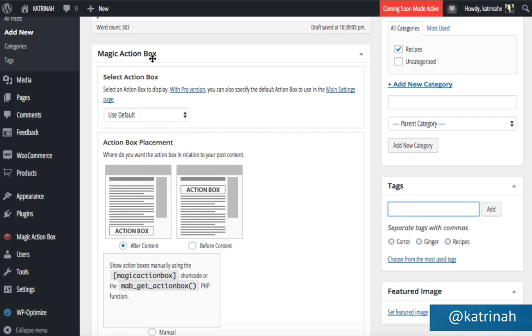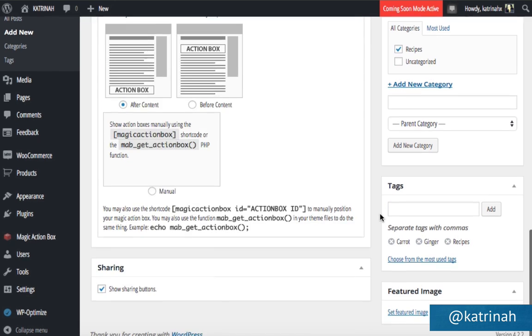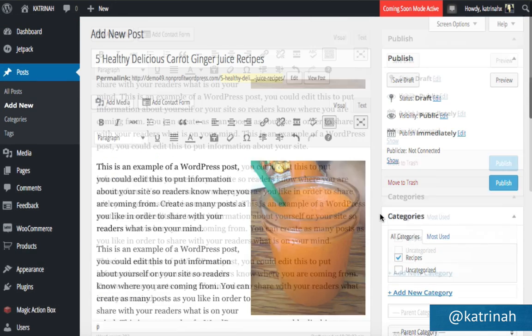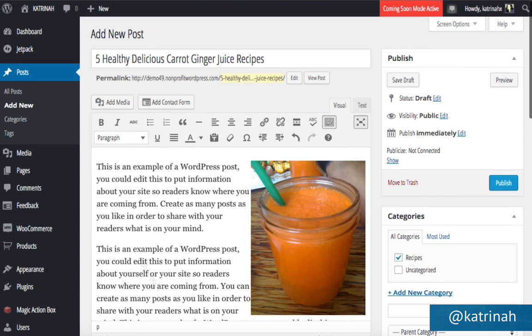I want this to be displayed underneath the blog post. So here I'm going to select the one I want. I'll choose this one, the sign up one, and then everything else looks good. So we are good to go on our blog post. Last step, we need to publish the post by clicking on this publish button here on the right hand side.